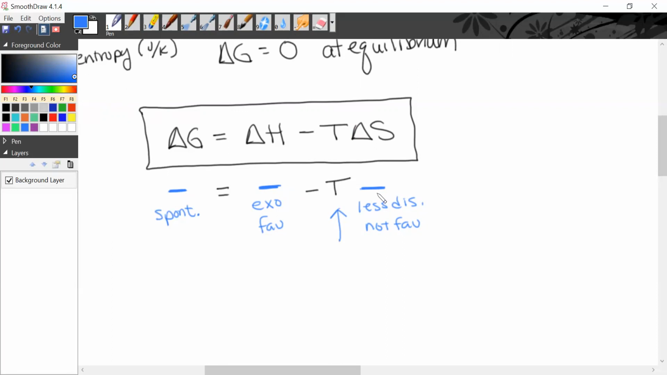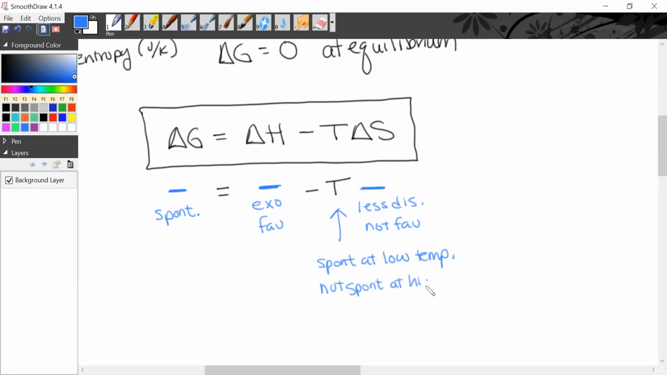So subtracting a negative is the same as adding a positive. So for this to be negative, does this temperature value need to be high or low? Low. It needs to be low. You need a small value. Okay. This will be spontaneous at low temperatures. Because if this is plus a positive, we need this value to be bigger than the product of those values. Okay, so this will be spontaneous at low temperatures and not spontaneous